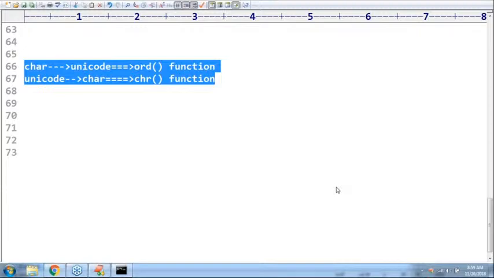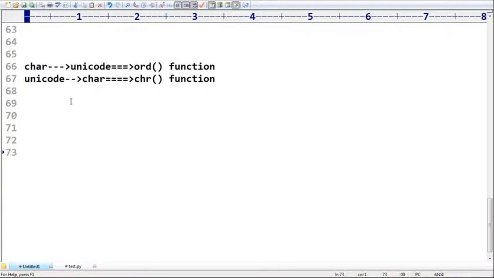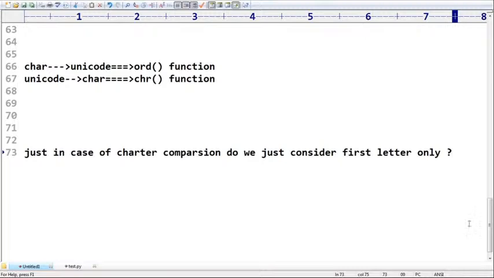Correct, Rajneesh. Rajneesh is asking a small doubt in the case of character comparison. Observe that very carefully. In the case of string comparison, do we just consider the first letter only? Correct. If the first letter is the same, then only do we require to consider the second letter. Rajneesh, getting right? Suppose here just observe that